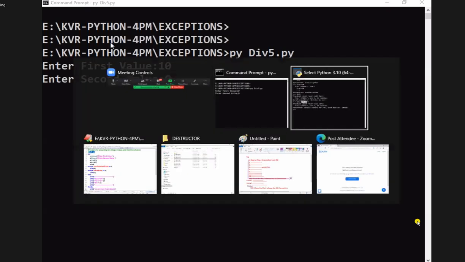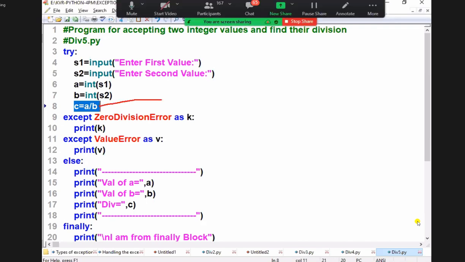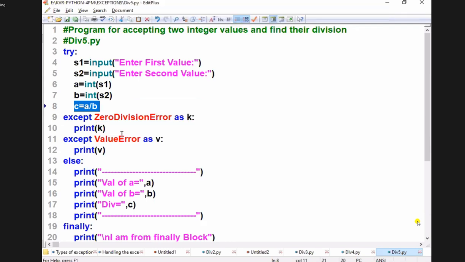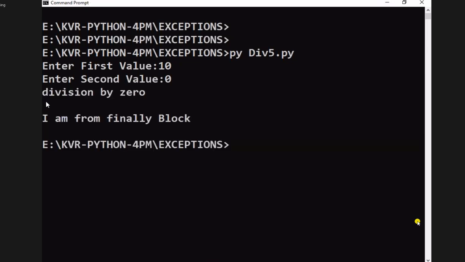Which line is the problem here? This one. It jumps out of where? It will come to this place, and K takes what? Zero division error is coming. Due to that, some message is coming or not? That message will be registered where? K will print it. See the output of it. Division by zero.